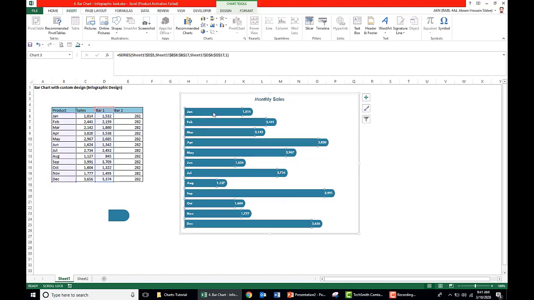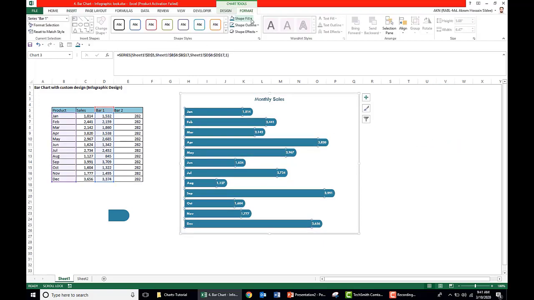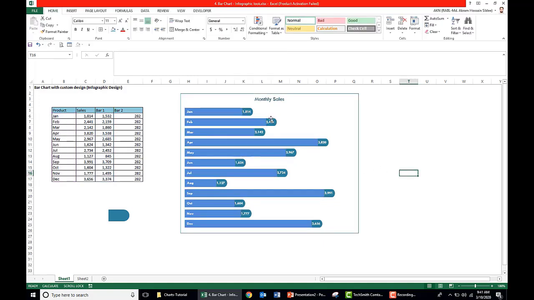Actually here we will segregate this data in two parts. First part is bar 1 and second part is bar 2, because we want to give this custom shape at the end of each bar. That's why we need to segregate the data. If we select the second part, for example, just go to the format, and if you give a different color, you see that this is the different color, and this particular end shape is a different data. We need to segregate our data in two parts to create this chart.